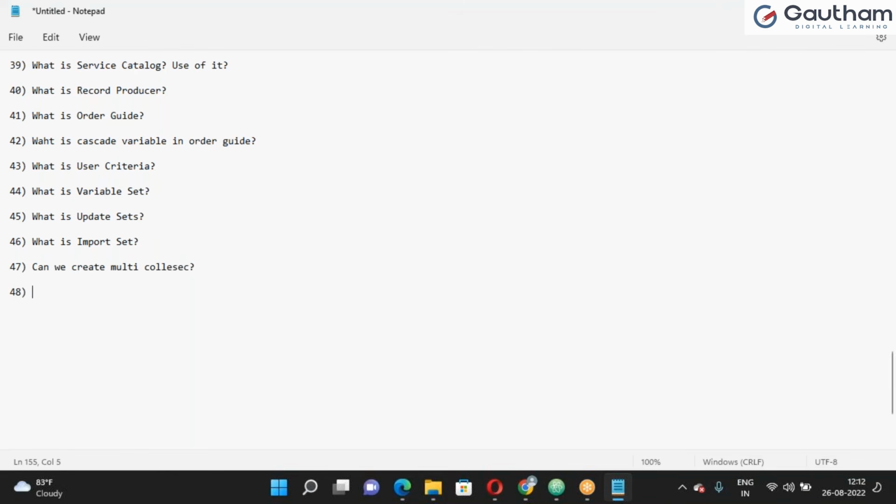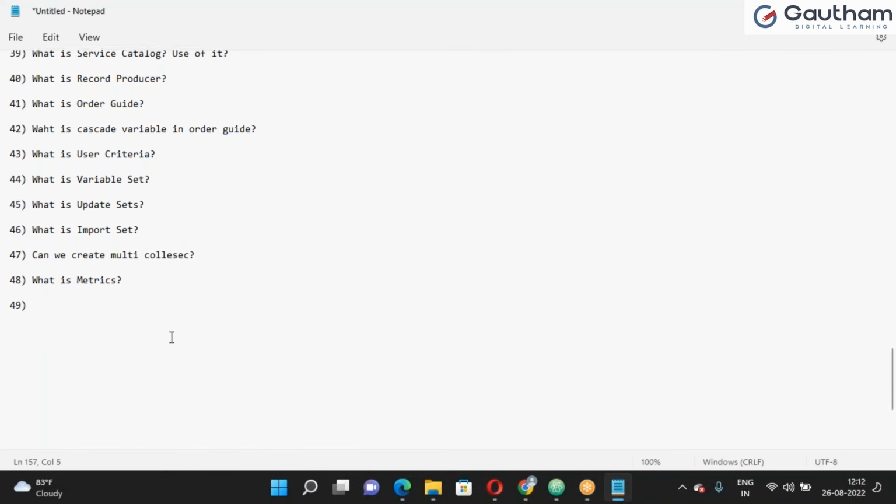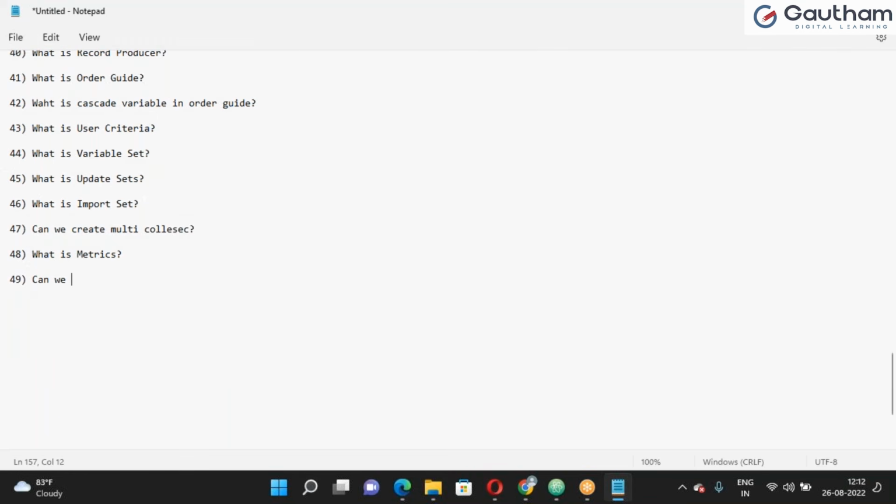Number 48. So what are metrics and the use of them? Metrics can be calculated and used for measuring the effectiveness of your service, which is provided by the service provider. You can configure the metric definition as per your client requirement. Already we've seen it, it's very simple and pretty easy, right? And the next question is, can we delete any